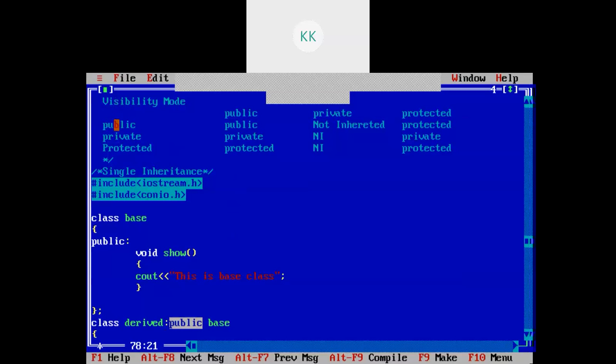If you use public as a visibility mode, as in the example we have used, then whatever public data is there in the base class will remain public, private will not be inherited, protected will remain protected. Means if you use visibility mode as public, the base class data and its specifiers remain as they are.